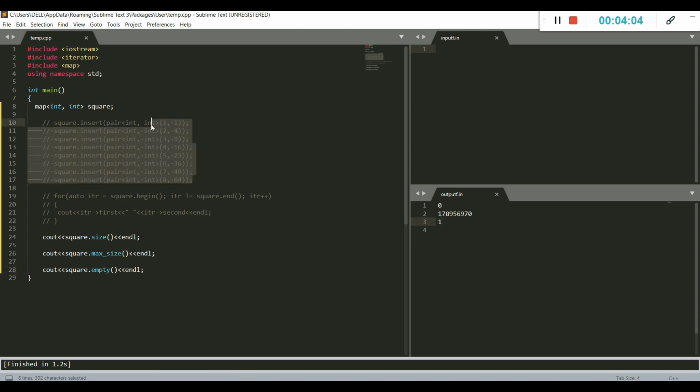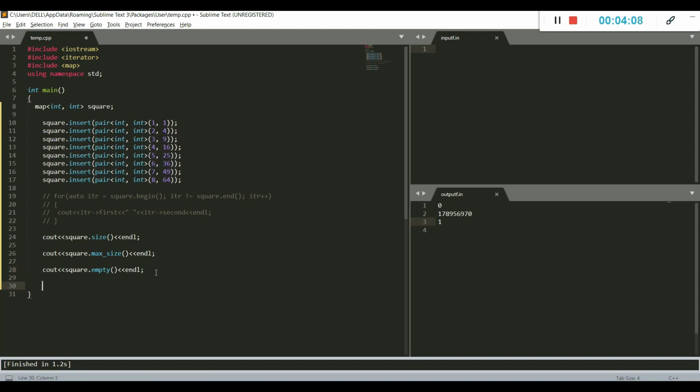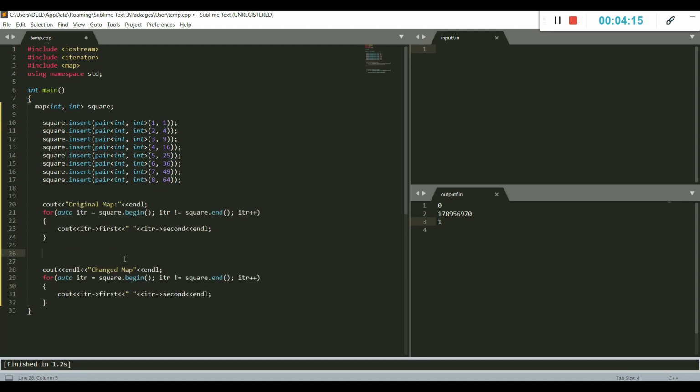Now we'll bring this back to life, and after that another function, erase, which lets you delete values from the map. Okay, so now the change I've made is that I'm printing the map 2 times, and this would be our original map, and to delete an element, all we do is square dot erase,